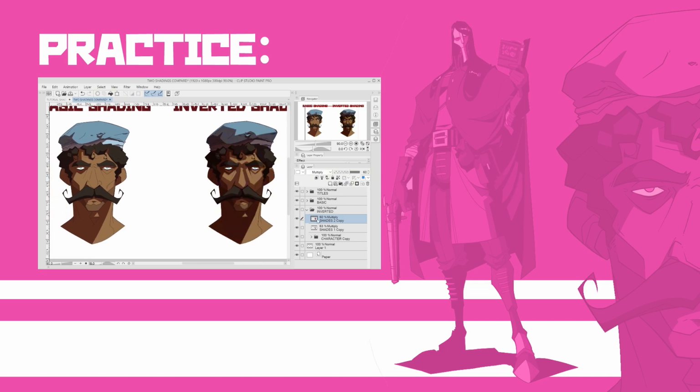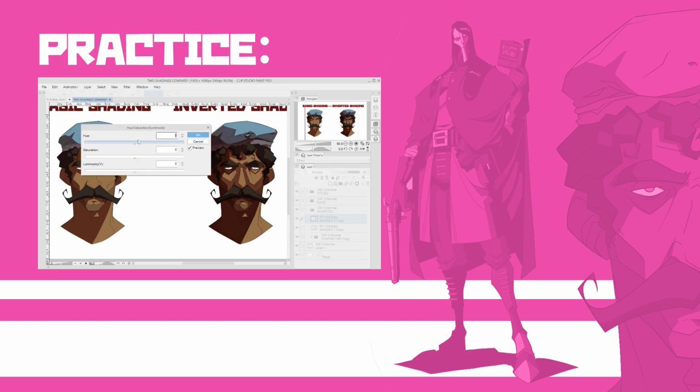However, I invite you to try how well this double shading technique combines with your artistic style. Remember, as always, you can adjust the opacity and hue of the shadow layers with the opacity sliders or by pressing Ctrl U,